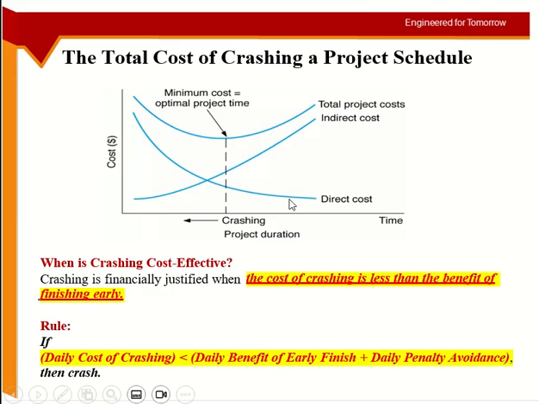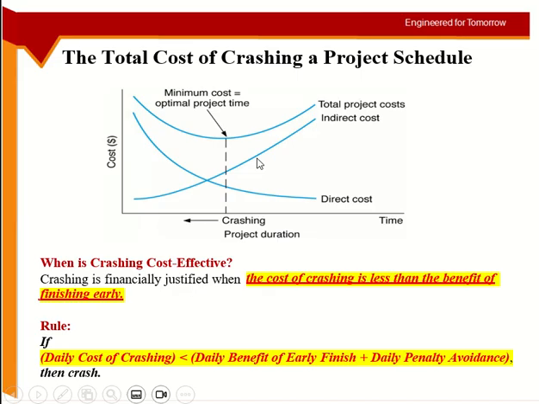You are increasing the direct cost while you are trying to reduce the duration of the project. So your indirect cost was here. The major portion was the indirect cost and the minor portion was the direct cost. When you increase the direct cost, the indirect cost